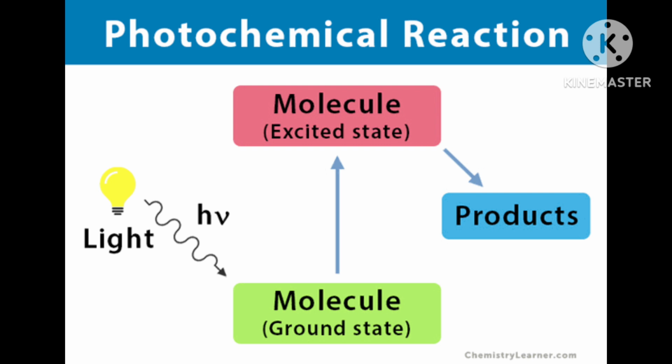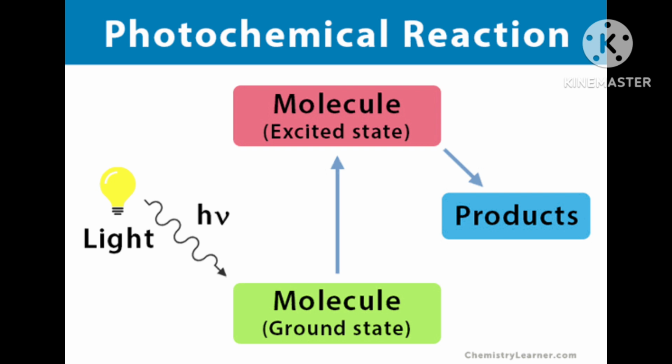Now the very next example, very important, is vision. We see many things, correct? How are we seeing all the things? In vision it is used. Vision is initiated by a photochemical reaction. Our vision, what we see, is due to the photochemical reaction. Vision is initiated by a photochemical reaction of